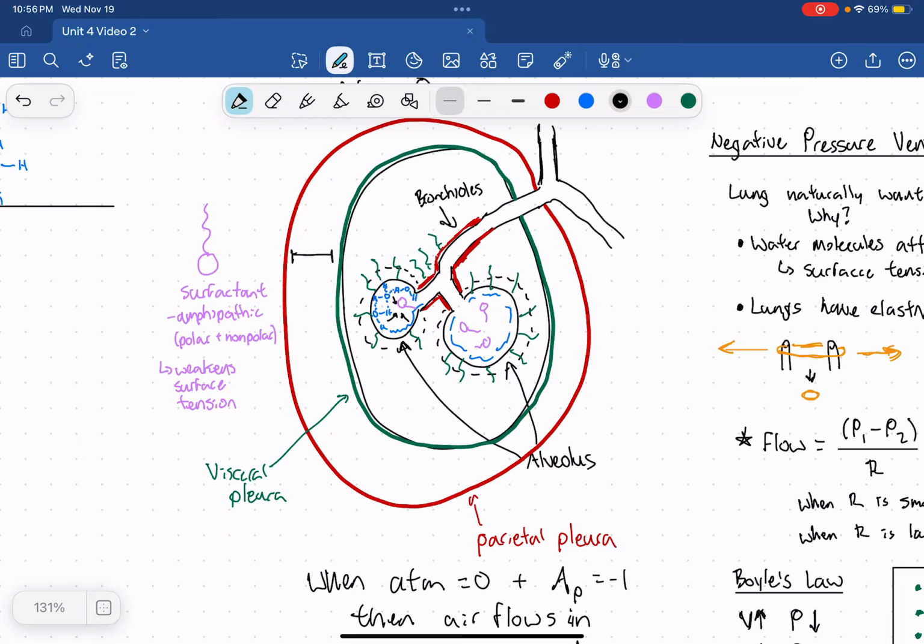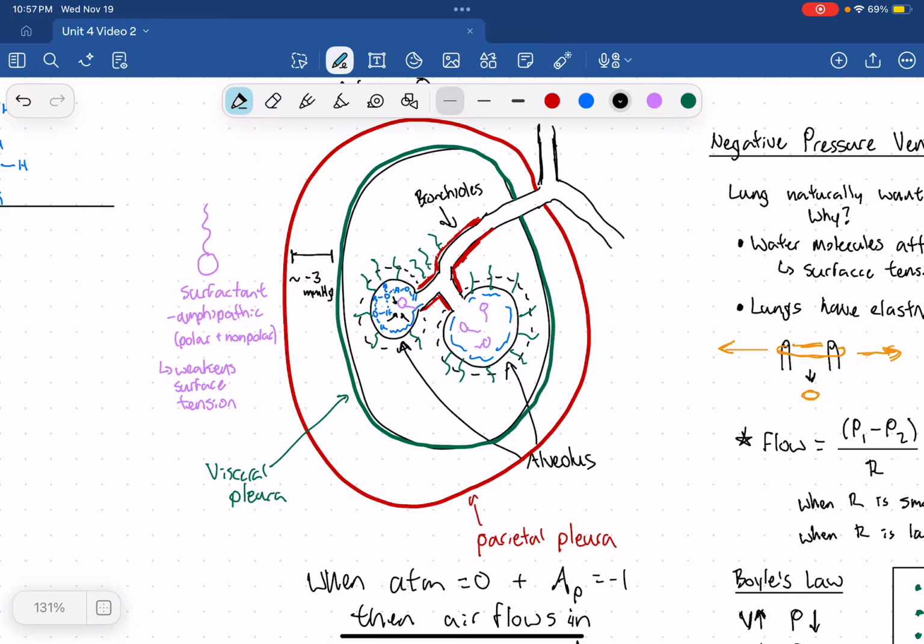That space typically has somewhere around -3 to -4 millimeters of mercury as the pressure. In that space, that negative pressure is important for helping the lungs to